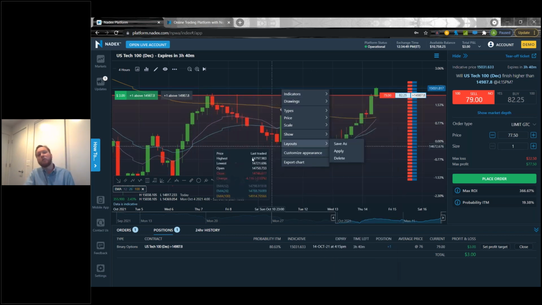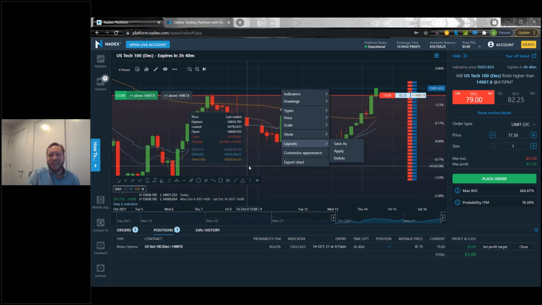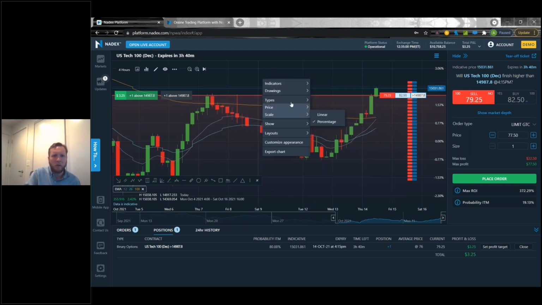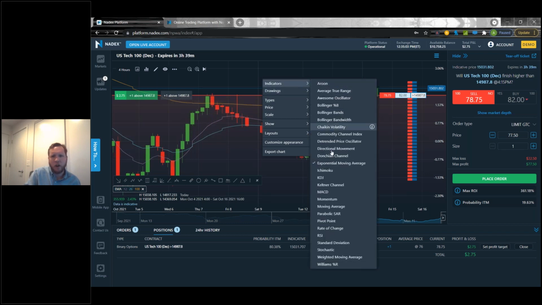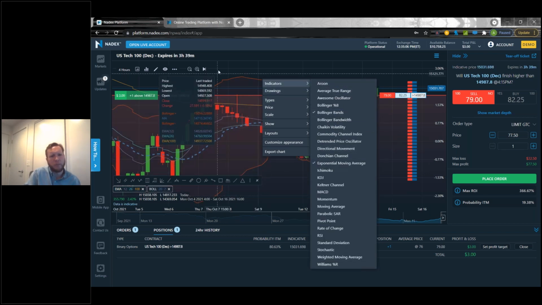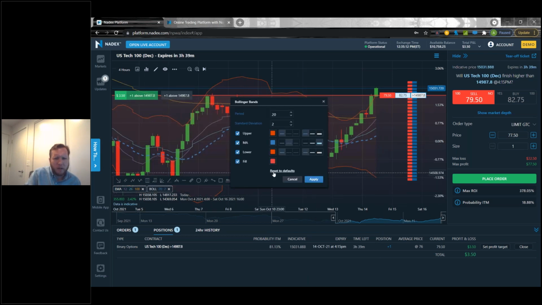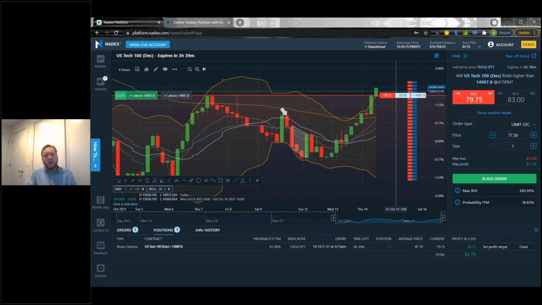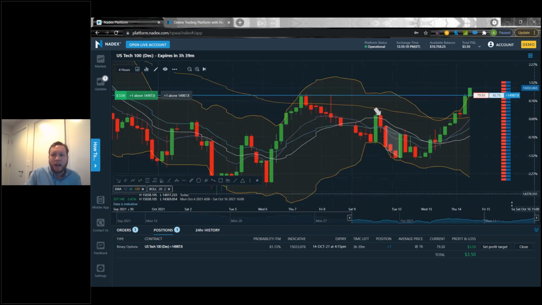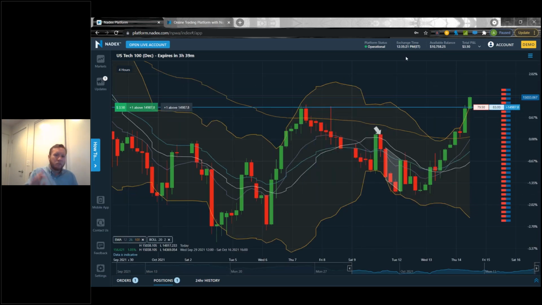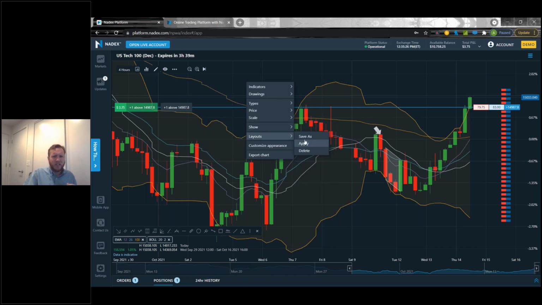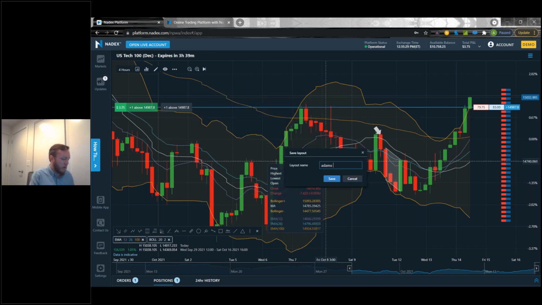Moving on down to layouts, we're almost through the actual menu here, which is great. You can actually save layouts. So let's say that you always use your EMA and you always use MACD on the chart. Or let's say we use Bollinger Bands, right? So we have our Bollinger Bands. I think mine are still set up from before. Let me reset these to defaults. Okay, so you guys can see a little bit better, and I'll hide this so you can see. So let's say I always use my EMA and I always use my Bollinger Bands. I can actually save this as a layout, so I can go layouts, save as, and we can say, Adam's